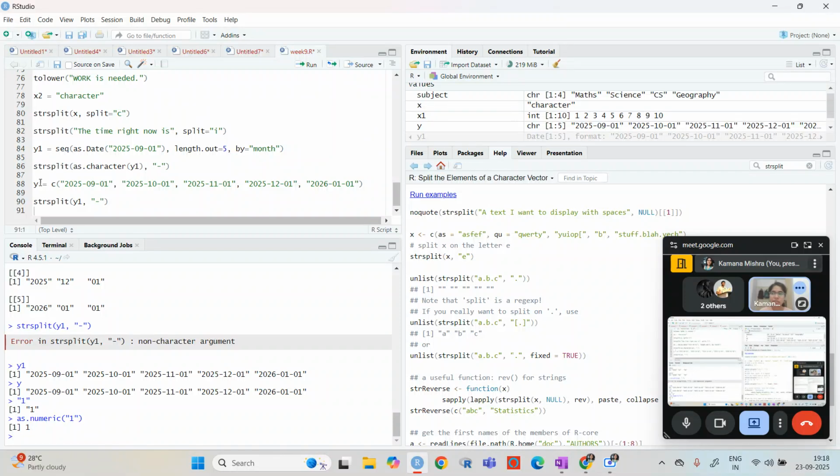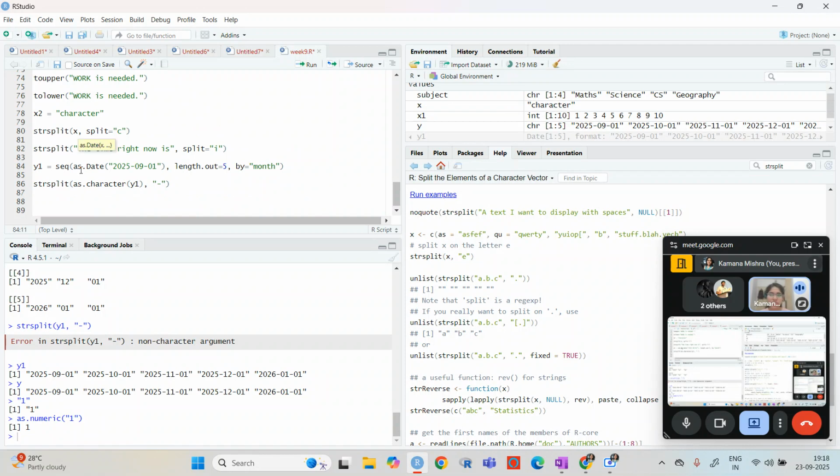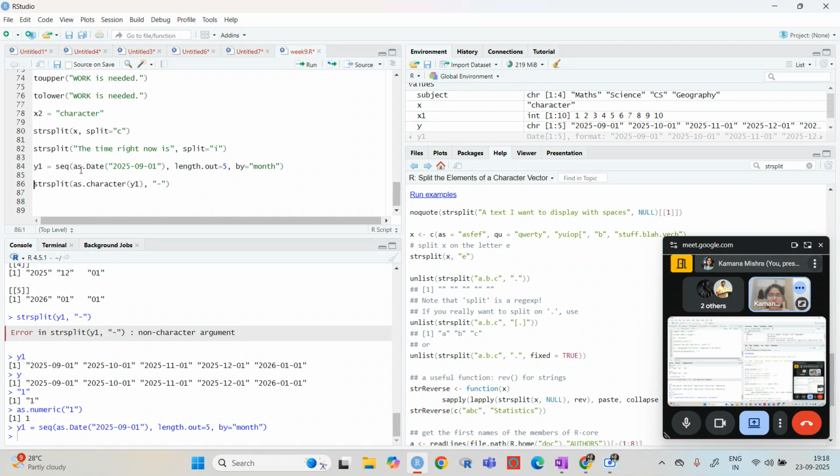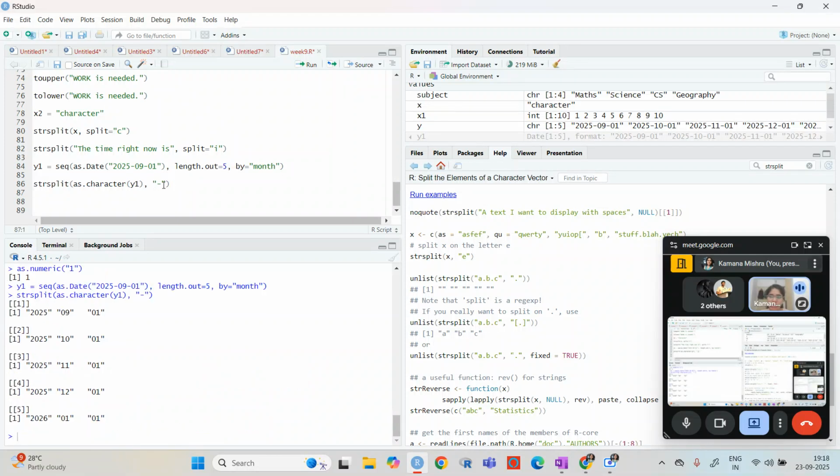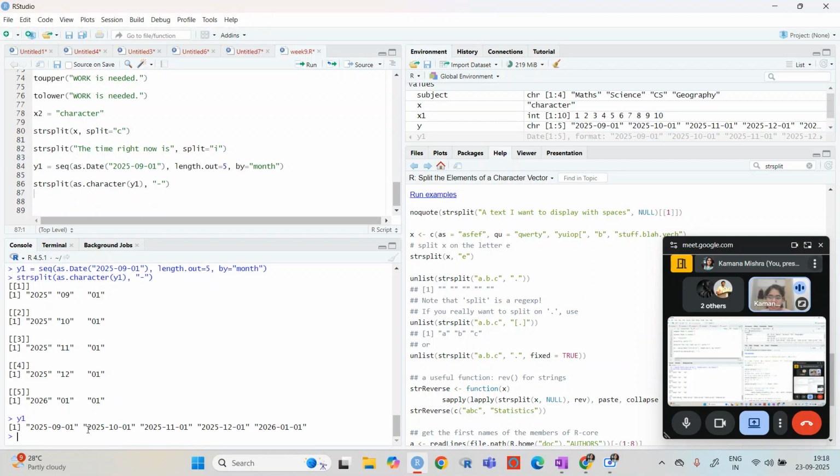So it is not needed. We can just write y, make a sequence, and we say as.character y1, you can separate it by this dash. So it is saying, okay, 2025-09. Why? Because the y1 was like that. There was a separation by this.